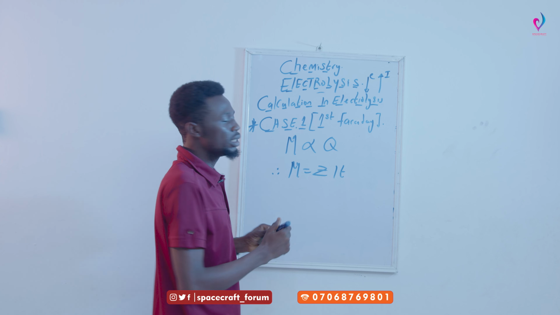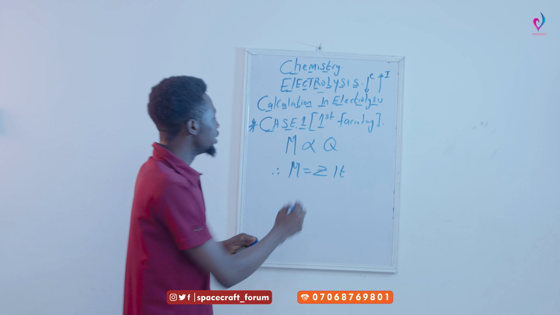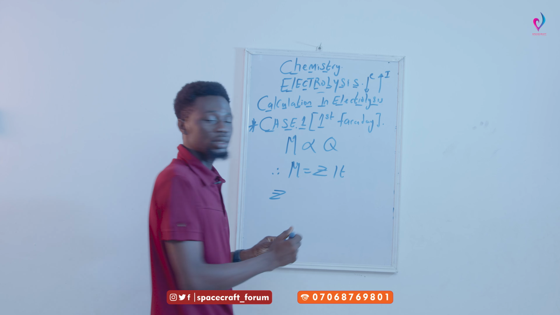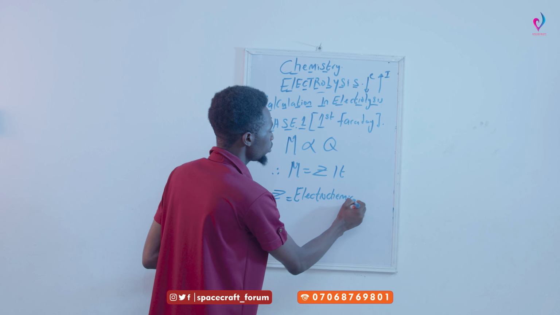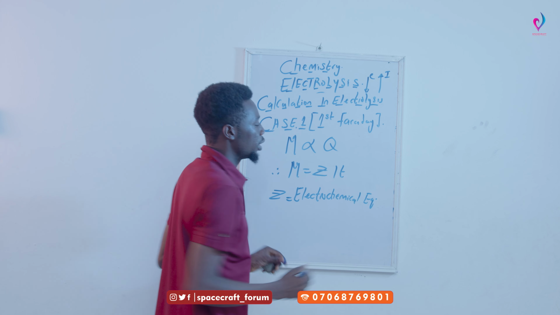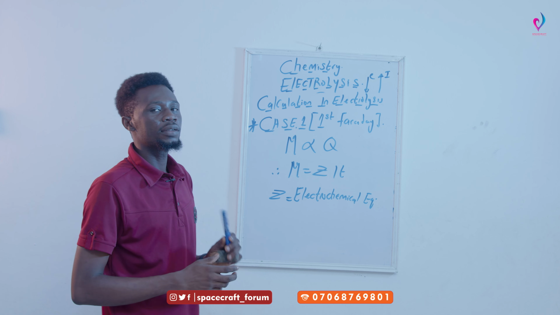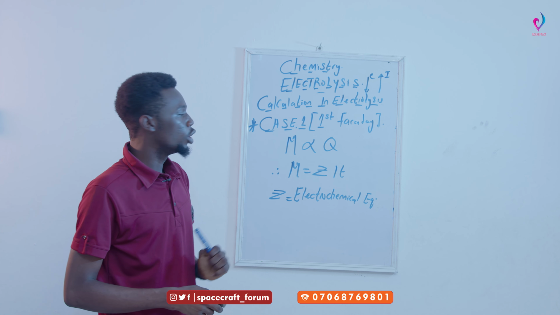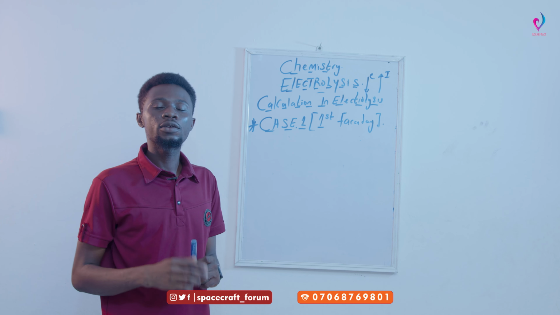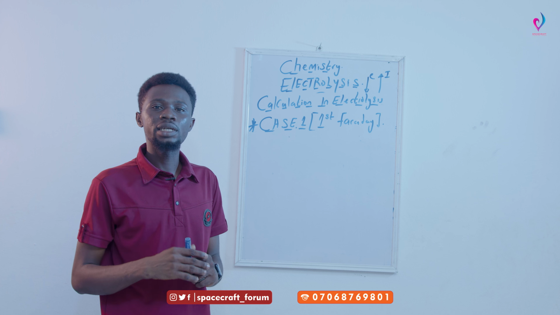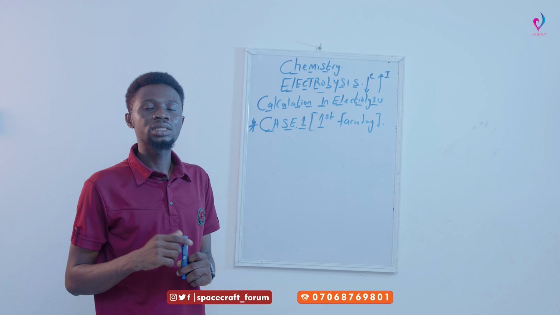Then the time must be in seconds and the current must be in ampere. So the Z here represents a constant known as electrochemical equivalent. So this is based on first Faraday law of electrolysis. So this is the first formula under case 1. Under case 1, the first formula is M is equal to ZIT, where the I and T represent quantity of